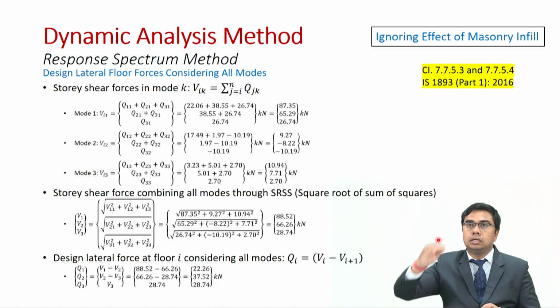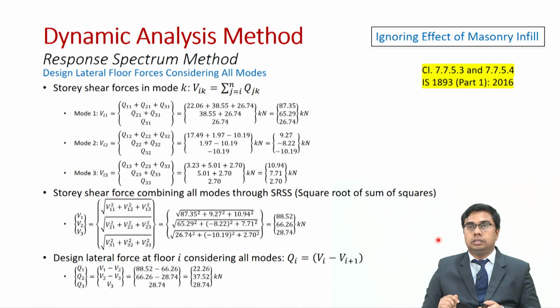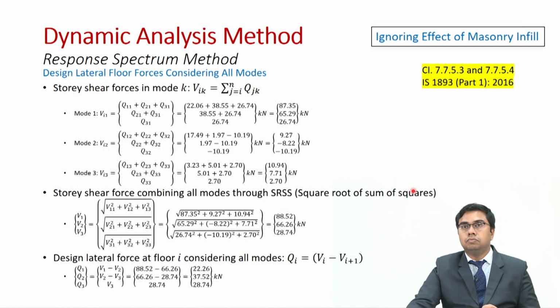Because if we start adding floor forces from top, then as we move down, we are able to find out the story shear forces in various stories. So, we do it for all the three modes, modes 1, 2 and 3, and these are shown over here. And then we combine all the modes through SRSS combination. Remember that the combination is applied on the story shear force and not on the design lateral force or the floor force. So, the story shear forces in various modes are now combined as shown over here using SRSS combination